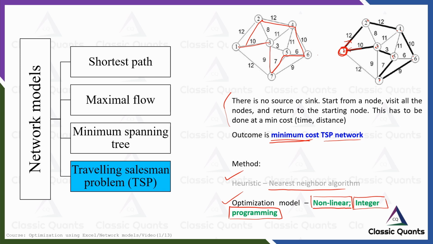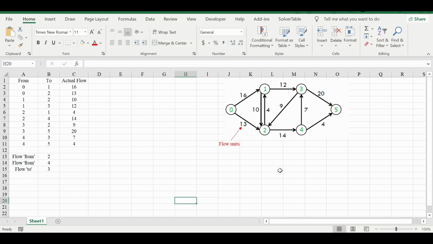So, in summary, as we have already mentioned in the earlier portion of the video, we will discuss a particular function called SUMIF in this case. So why are we doing this? Because you may ask what the relation is between a particular function and a network flow model. So the relation is this.